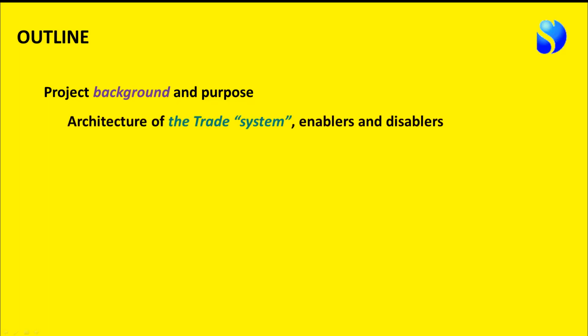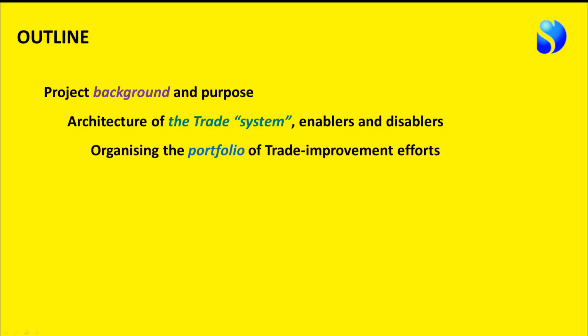So the outline of the whole presentation series is that first, in this presentation, we'll start by explaining the project background and its purpose and set the scene by laying out the fundamental architecture of how the trade system actually works, so that we can look at the features of that system that enable trade to happen and actually make it difficult. In the second video in the series we'll look at how we can use this picture to organise